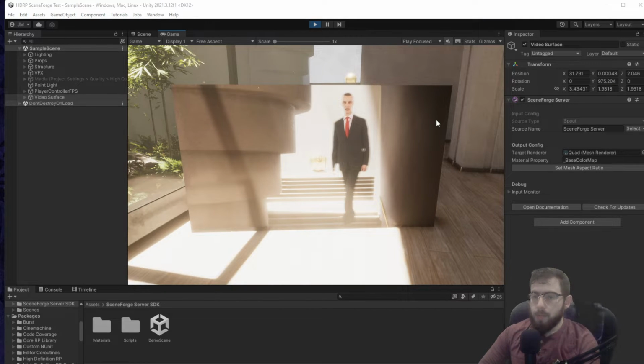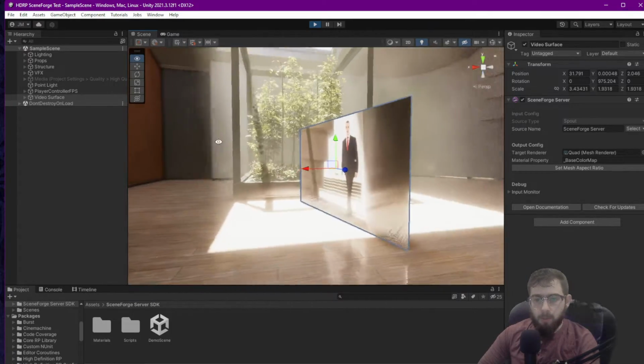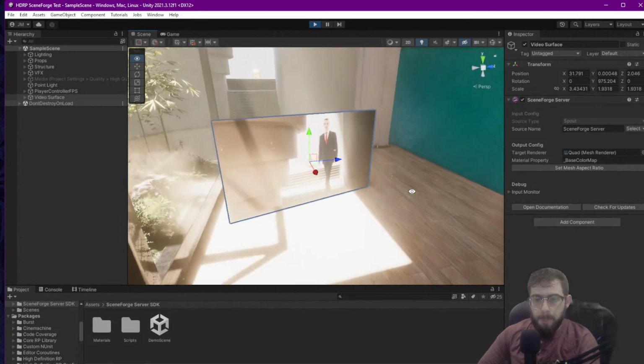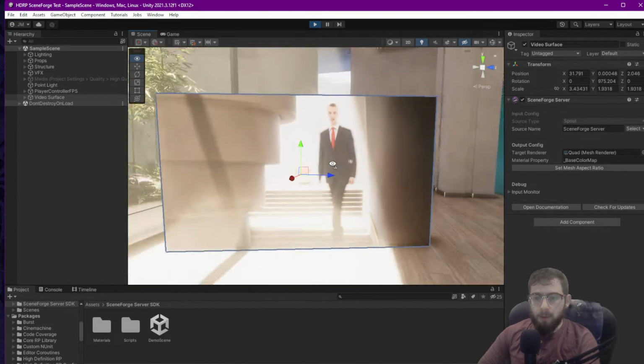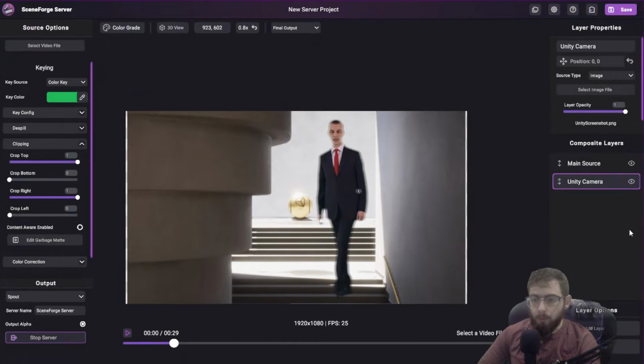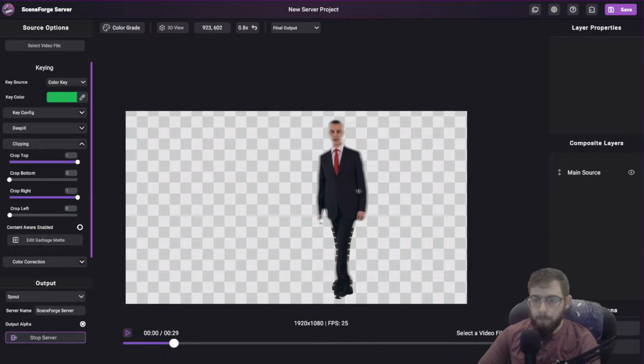Alright, so I'm in a Unity HDRP project, and you can see we have our video surface here with our footage being projected onto it. Now you can see we actually have the screenshot of the scene behind it, and that's not quite what we want. So now, if I go into SceneForge server, and I remove this layer, and I adjust my light wrap,